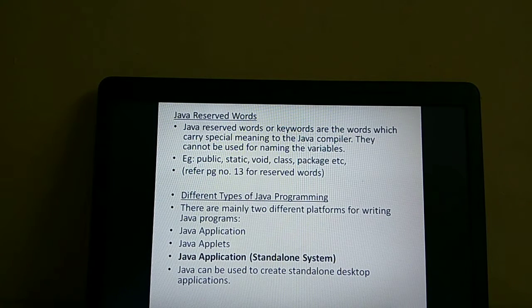textbook. Okay, so again I'll tell what a Java reserved word is. These types of questions may be asked in your exams. Okay, what are Java reserved words or what are keywords? Okay, they are those words which carry special meaning to the Java compiler. Example, public, static, void, class, package, and the Java reserved words or the keywords cannot be used for naming the